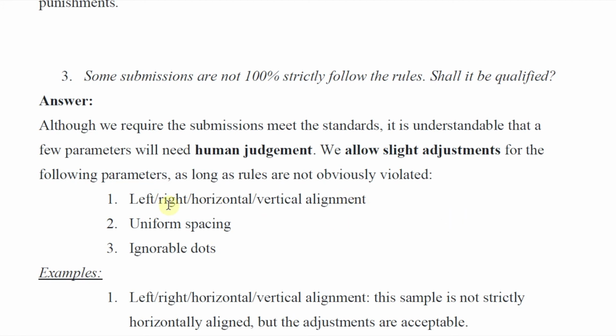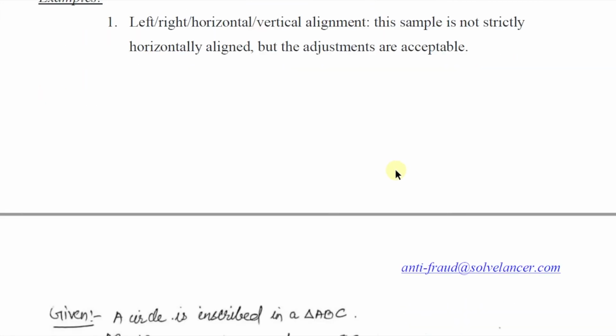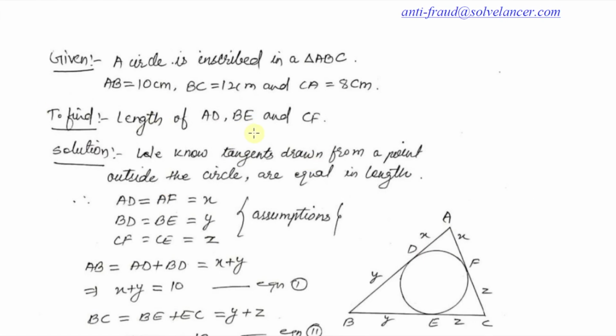For example, the left, right, horizontal, vertical alignment, uniform spacing, or ignorable dots. If you see the left, right, horizontal or vertical alignment, this sample is not strictly followed, but the answer is correct and a student can easily understand those answers. Then we can ignore that and pass those types of answers.